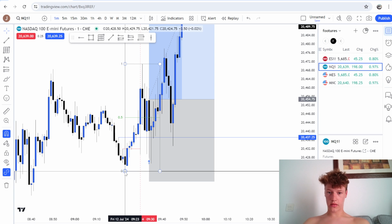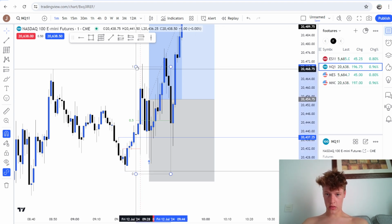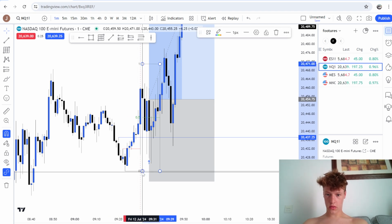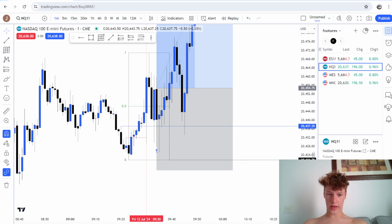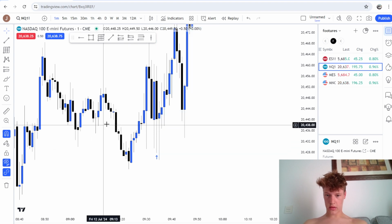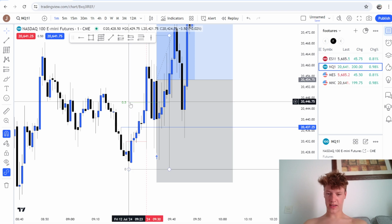Obviously the 1 minute broke crucially upside here. So draw equilibrium from the low to the high that was made. Oh, just move the whole thing. Read equilibrium from the low to the high, and you can see that price came all the way down into the order block here, this blue candle down, came into the order block and into the discounted price range,